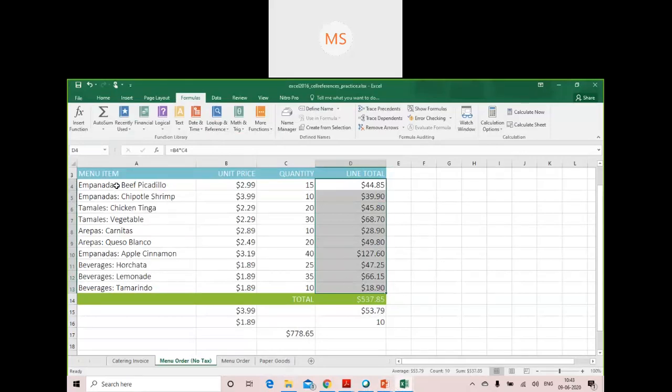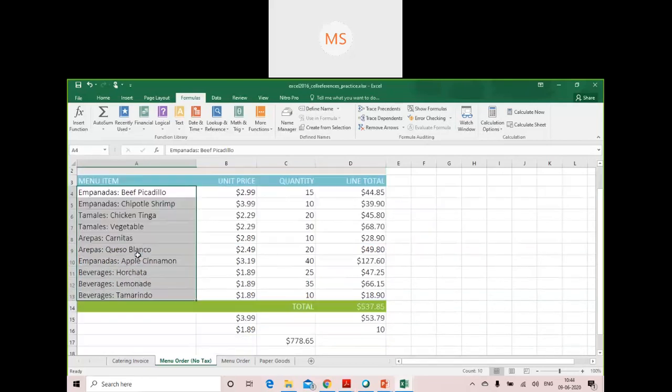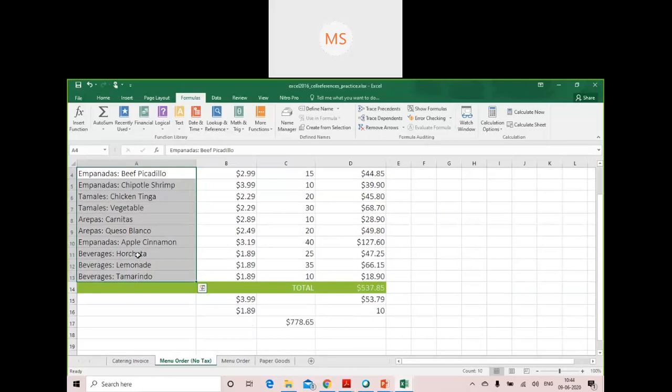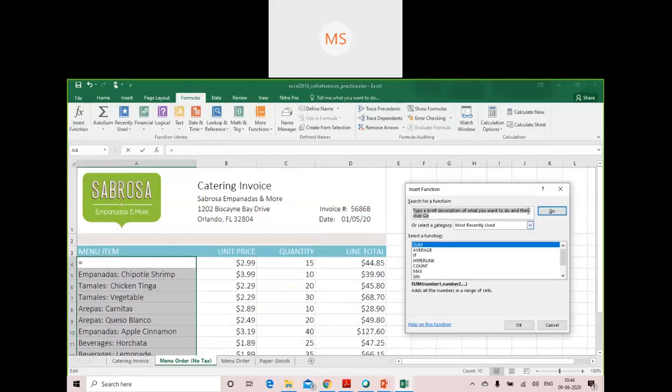Now what if I need to count the items which are present in your bill? Means I need to count the items available under column menu item. Count is only used for numbers, so accordingly we can make use of count A.